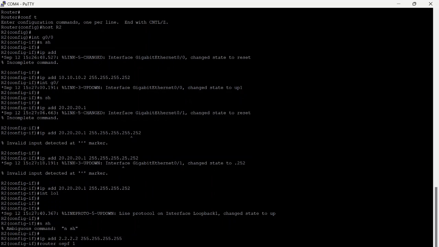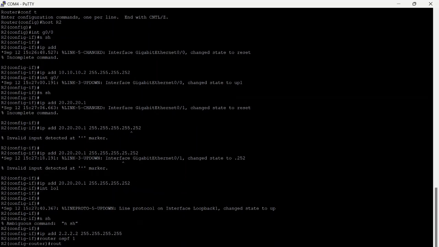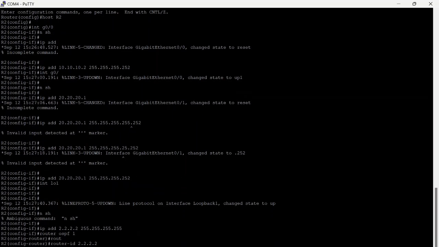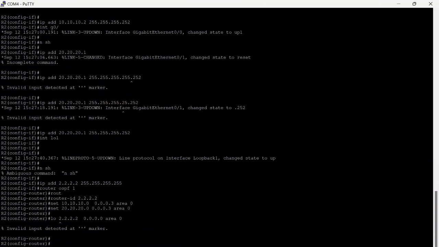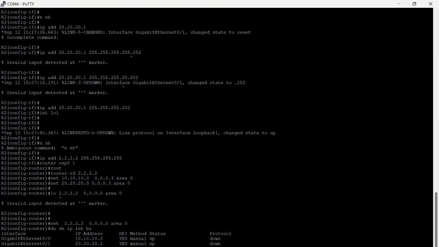This is the IP, and I enter router OSPF 1. I add the router ID. This is the router ID, and I add a network, and this is the network, and I add a network. This is the network for loopback, and I save.